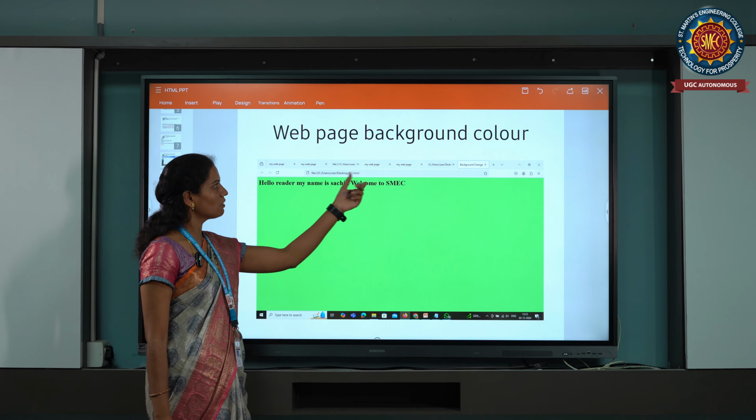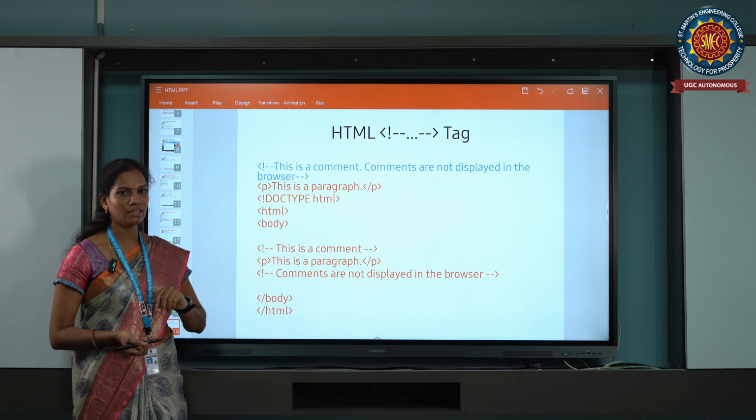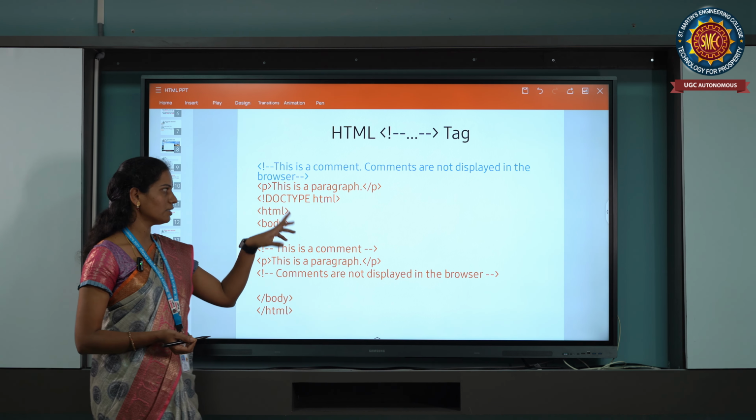In that, HTML has tags. These commands are not displayed in the browser. We are writing the program in Notepad, and it will give the result in the browser. This is P, meaning the paragraph tag. We are giving some content, like 20 to 30 pages. At that time we use the paragraph tag for giving more content.